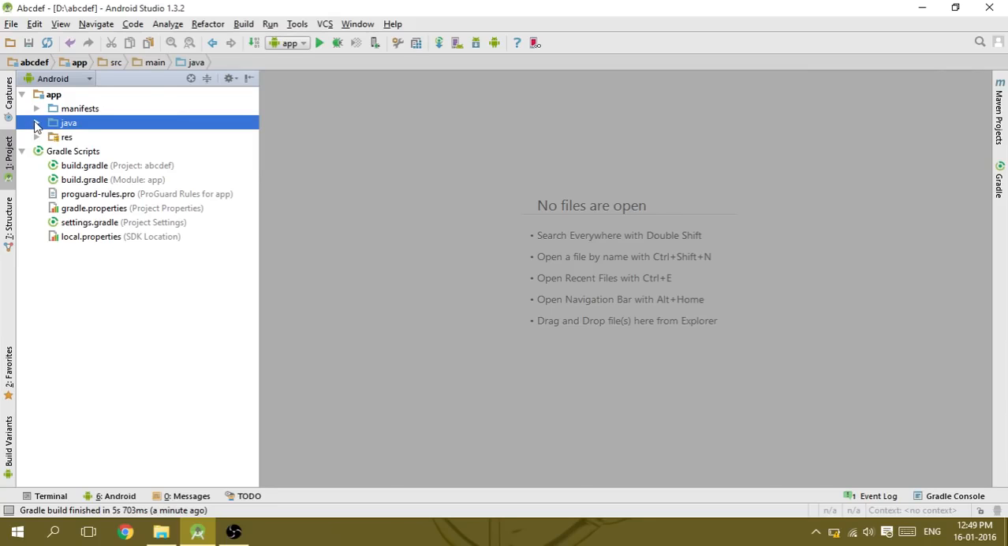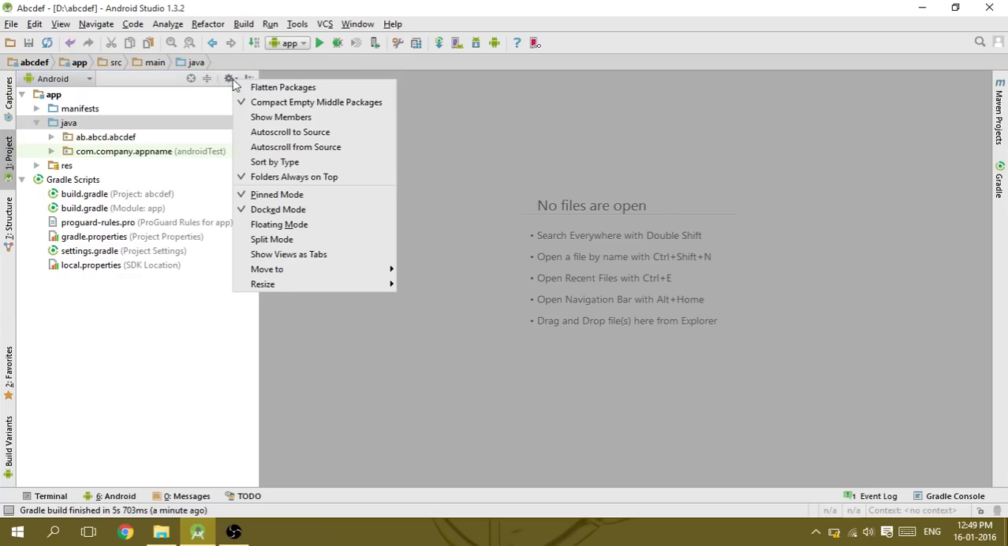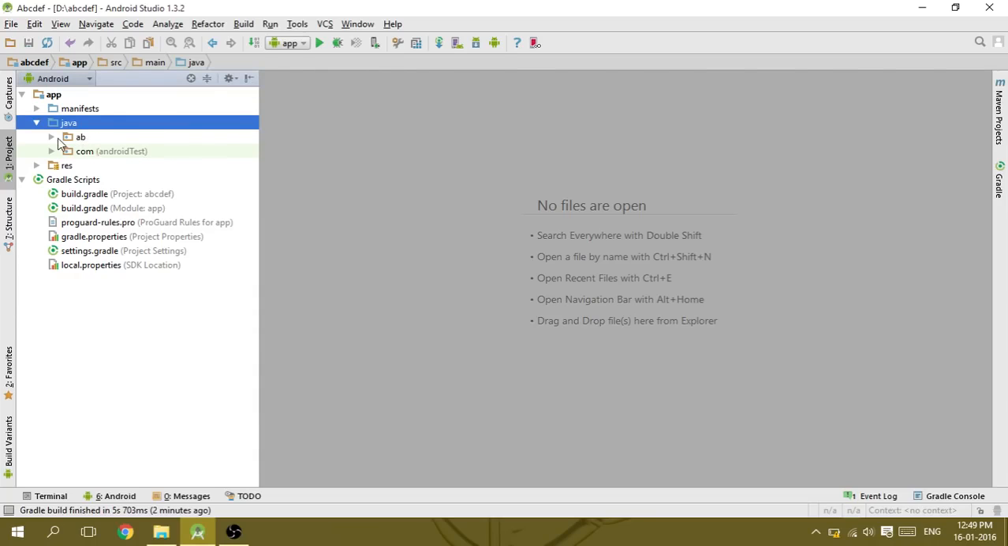Okay, click the gear icon and uncheck the compact empty middle packages. When I uncheck that, you will see the directory structure is broken down. Okay,